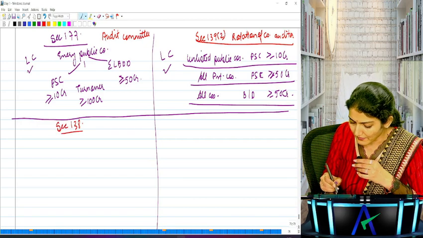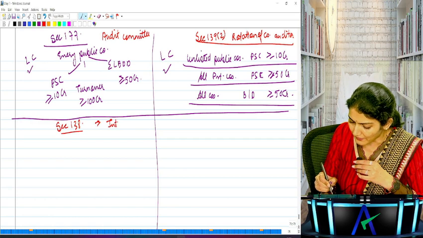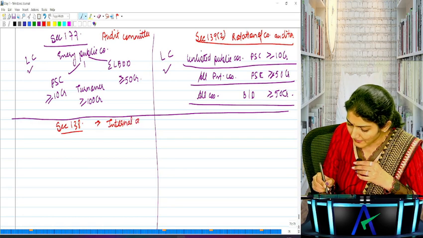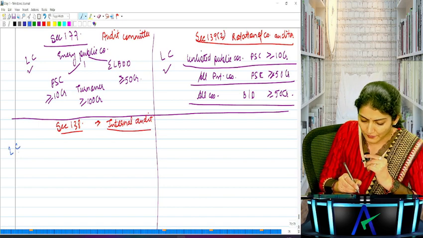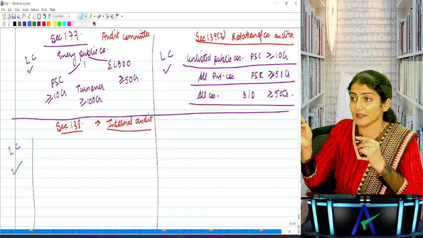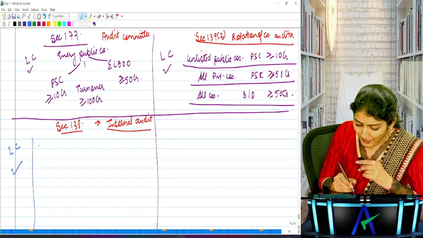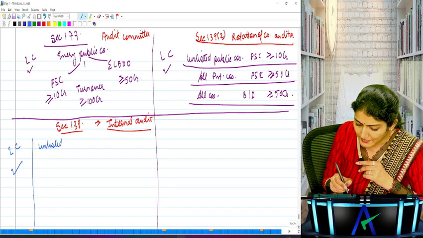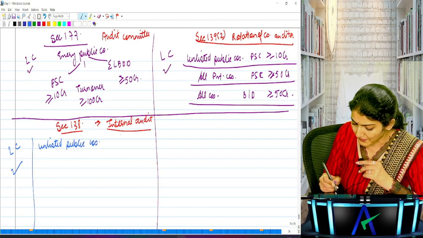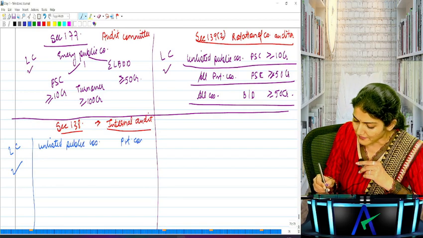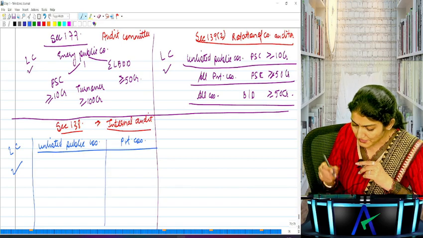What is 138? It is regarding the internal audit. Which companies are required to appoint the internal auditor? Again, listed companies always. Apart from listed companies, the unlisted public companies. And third one over there you have is the private companies. So which unlisted public